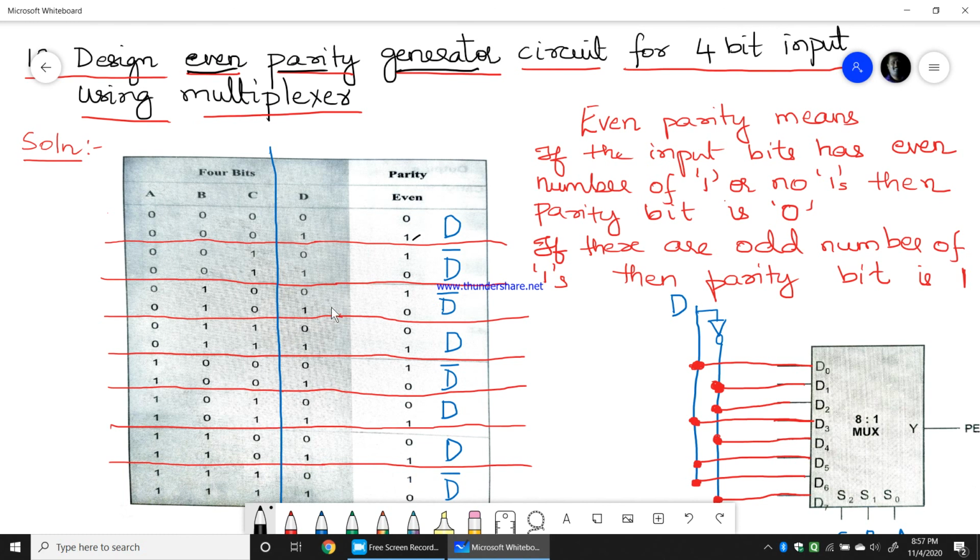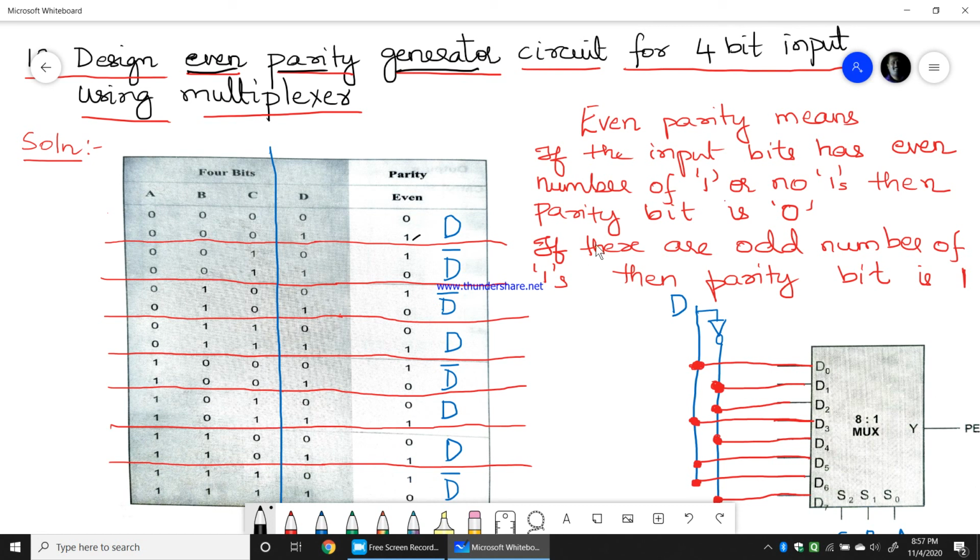That is the even parity generator. Understood? Now if I say odd parity generator, then all evens will be considered as 1, and all odds will be considered as 0.